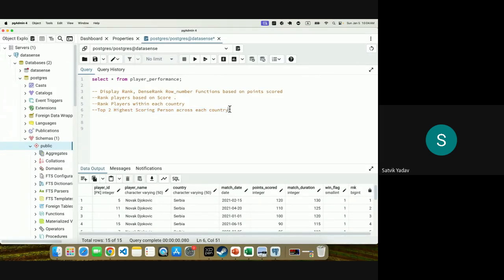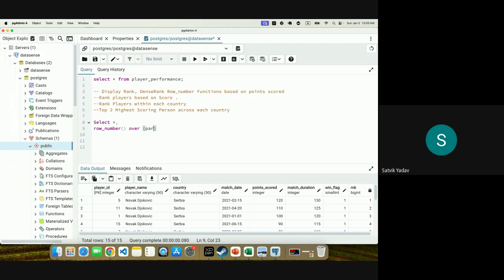So what we will write, we will do select star, row_number over partition by